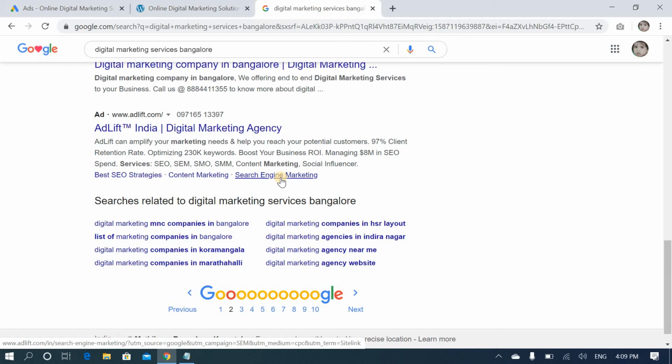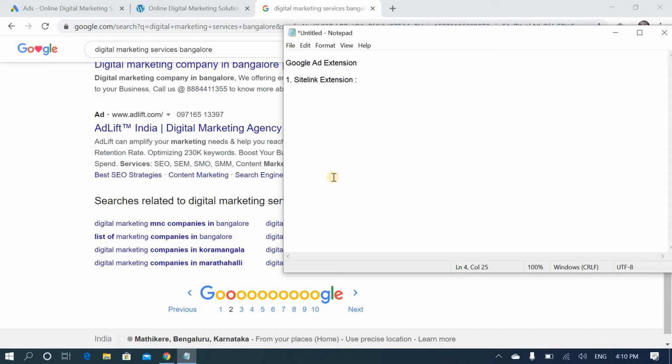So you can use it for that purpose, giving different page links.